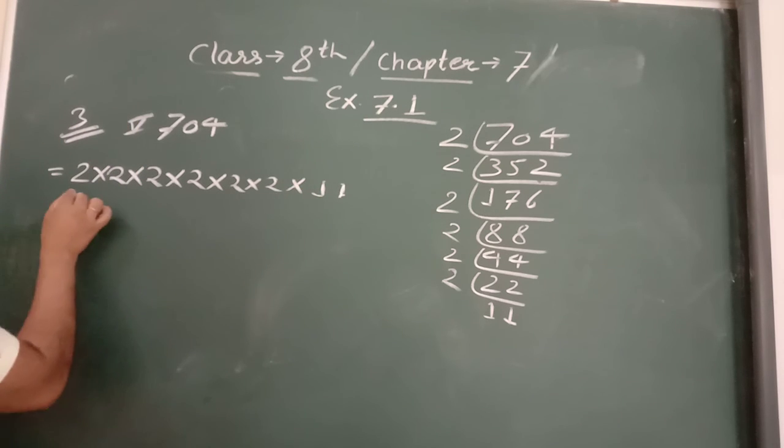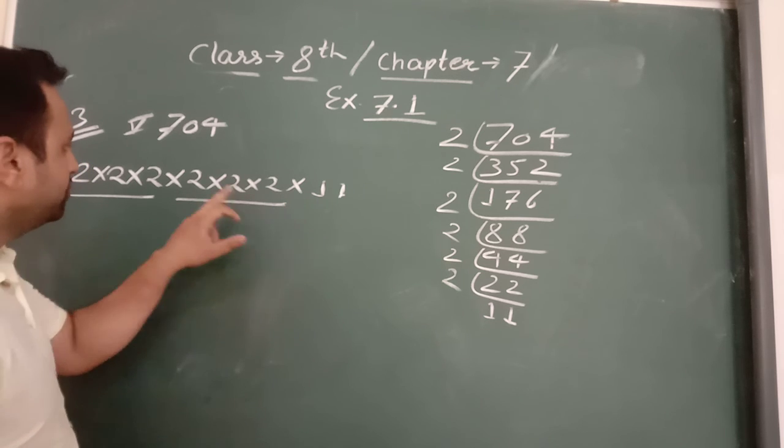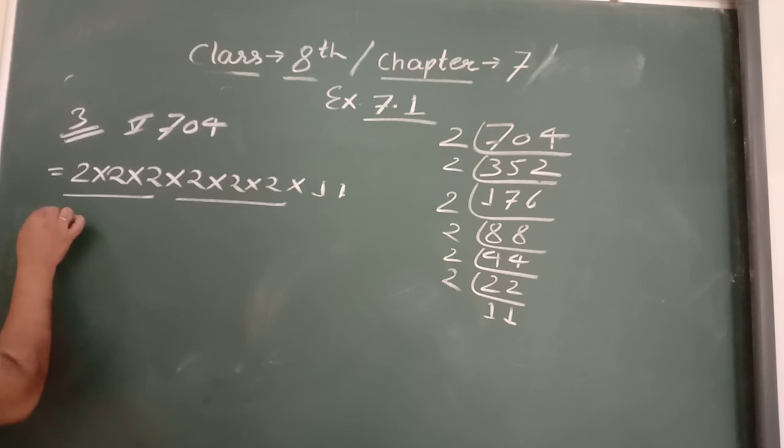We make groups of 3 numbers and 11 is unpaired, so to convert to a perfect cube divide by